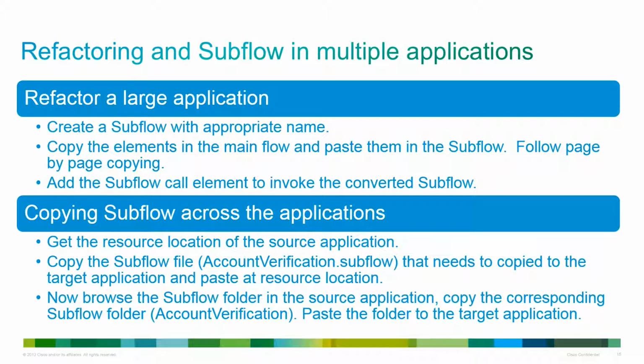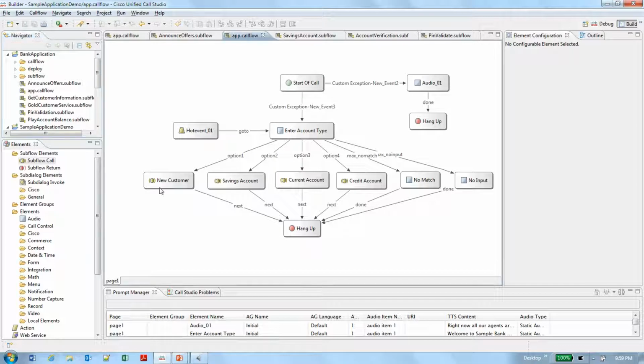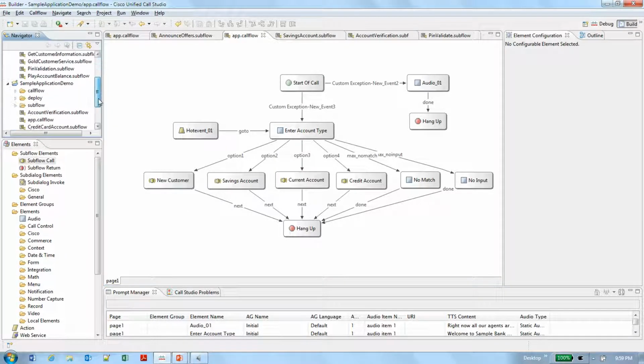Now let us look at how to copy the subflow from one application to another application. This needs some manual steps, so I'll demonstrate how to do that with an example. Let's go to CallStudio for that. We saw this application earlier where there are multiple subflows.